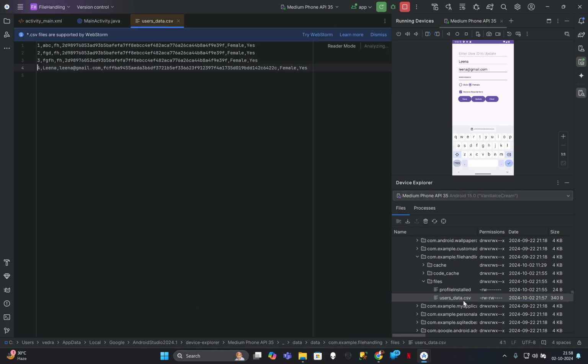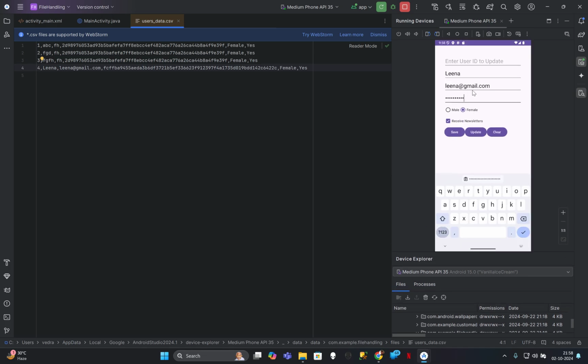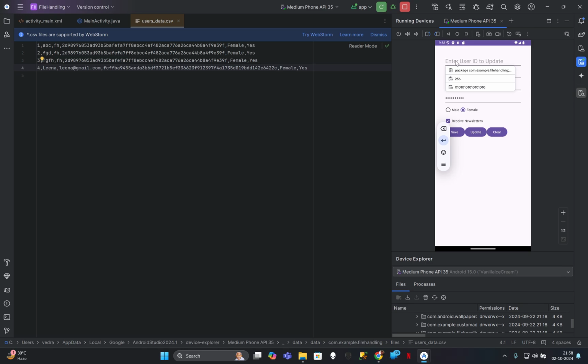So I'm refreshing and loading my CSV file again. So if you can see the data which we entered right now, I was able to see that data. Similarly, if I try to update some data, so I want to update the data for user number 3 and I want to change the name from this FGFH what was given over here to something else. So say, hey, and then rest of the things I'll just update over here. When I click on update,